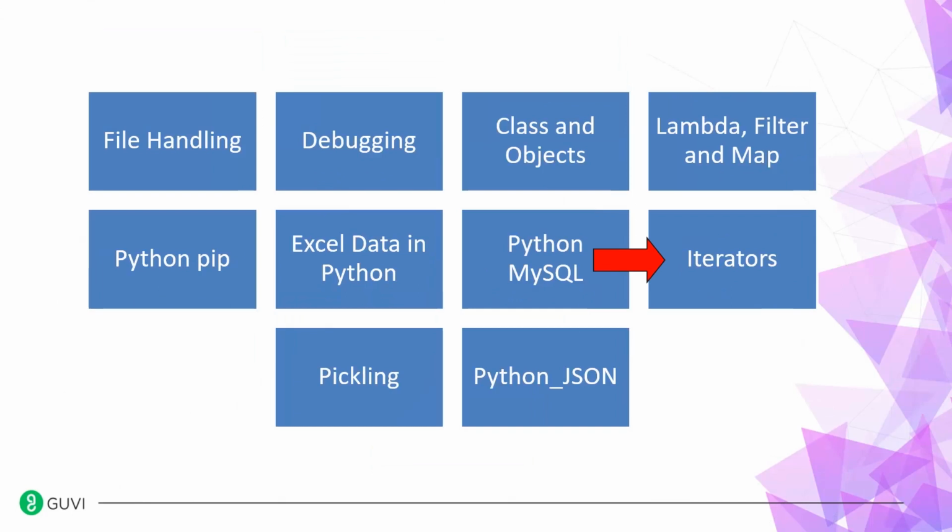Then we'll move on to the last three parts, where the first one will be iterators, where, as the name suggests, lets you iterate over a certain thing, right? So we look at iterations and iterators over there. After which we'll move into pickling, and then finally we'll move into a Python JSON. So JSON, as you know, is a JavaScript oriented notation. So we look at how you can parse a JSON into a Python dictionary or a list. Alright, so that will be everything that we'll be covering in our